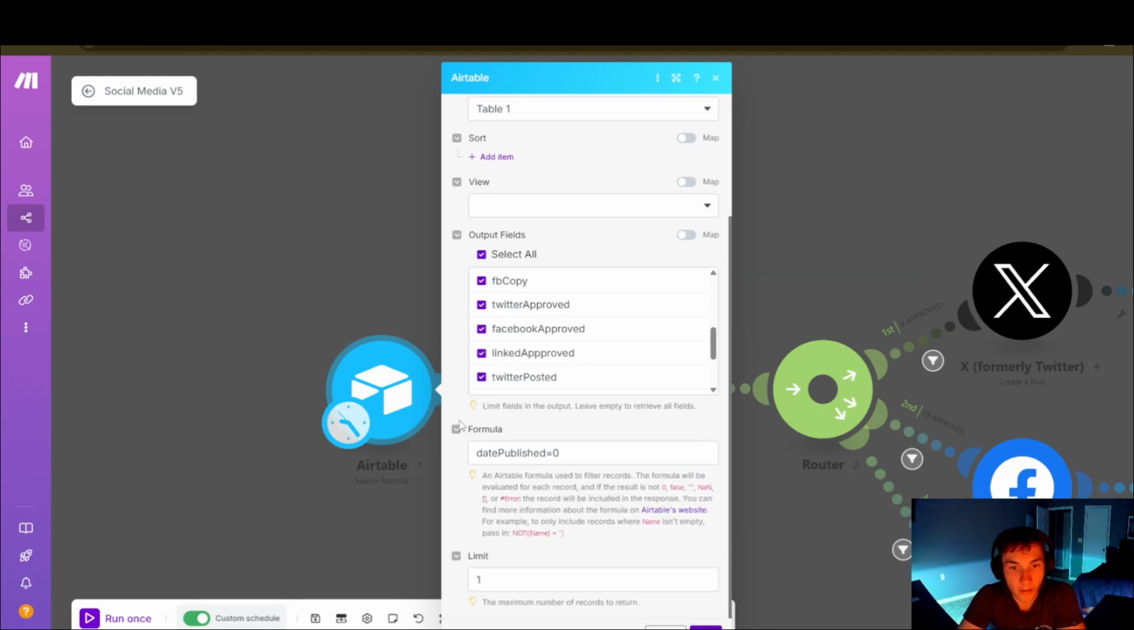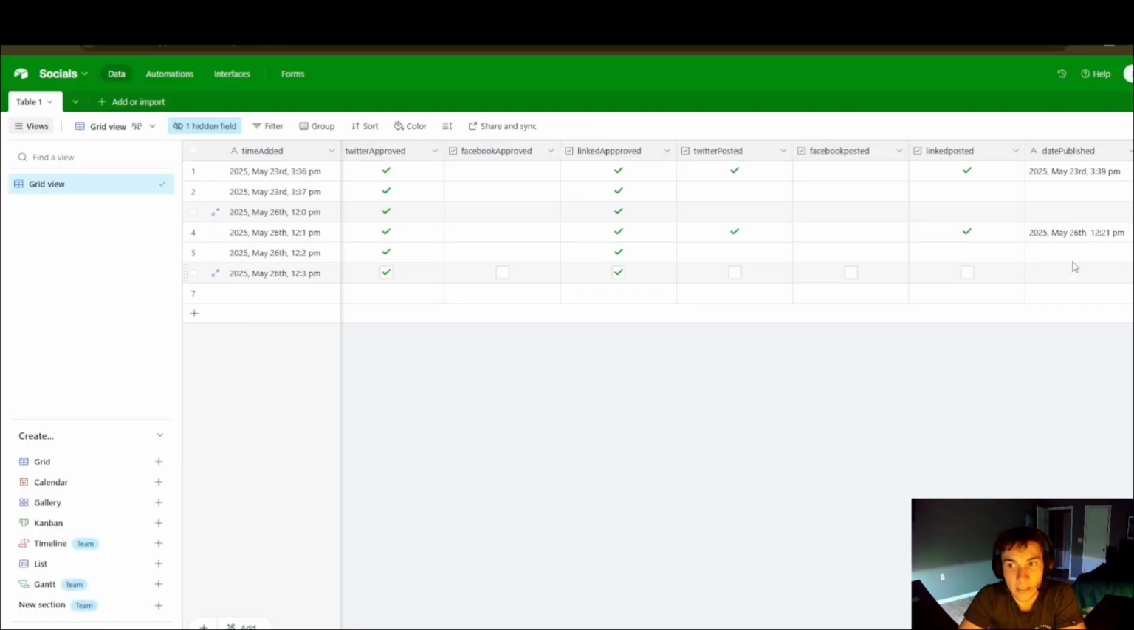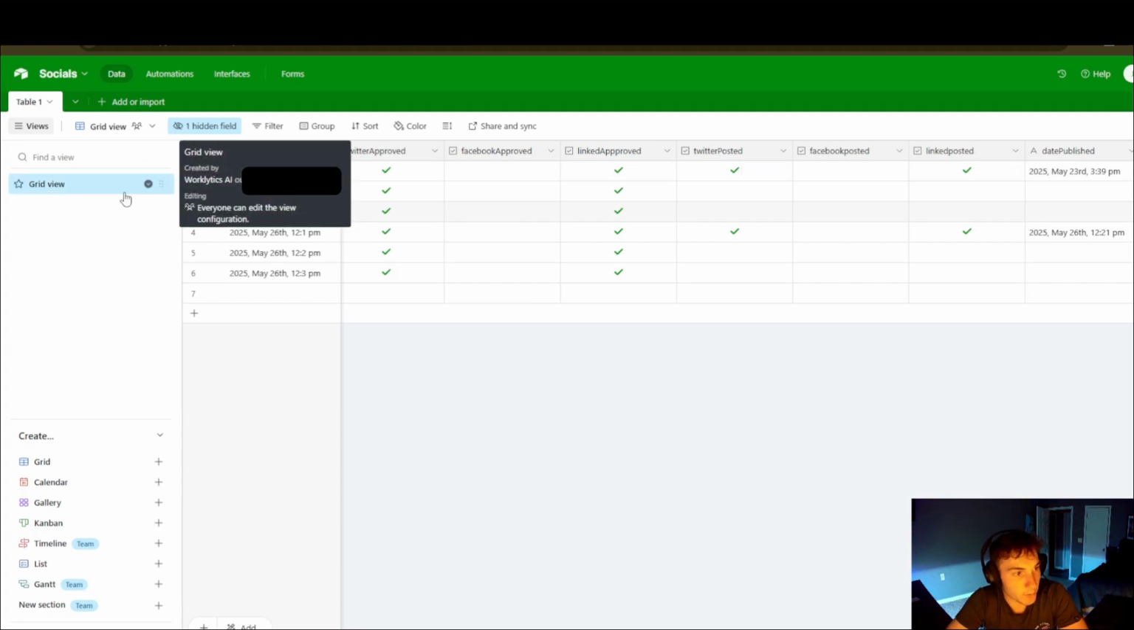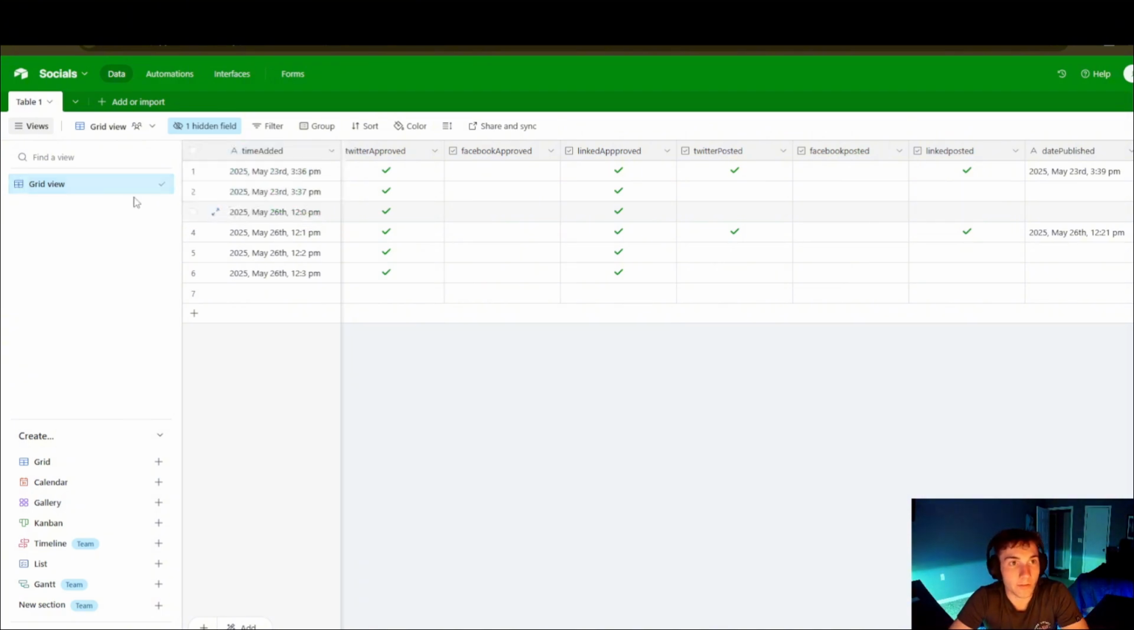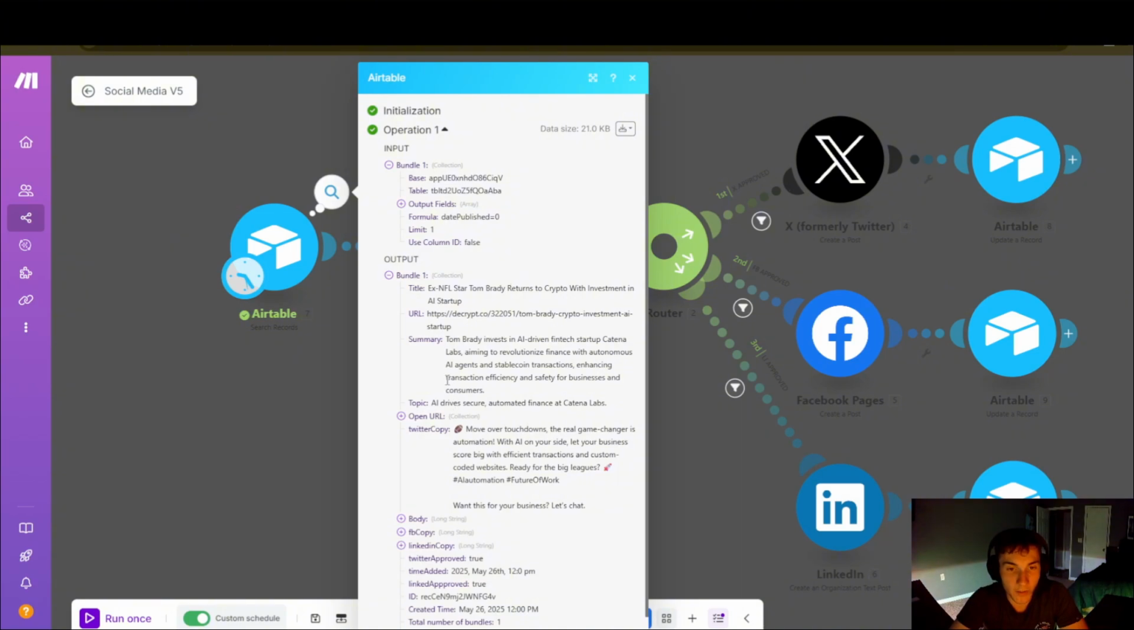So you're going to come in here, allow all the output fields, and then all we really have to do here is put date published as 0, because that's saying that this article hasn't been posted yet, which is all that we need. We don't want to be repetitive, but we want to make sure that we're going for the content that hasn't been posted yet. So what we're going to get is date published equals 0. So when I run this one just once, the first bundle here,